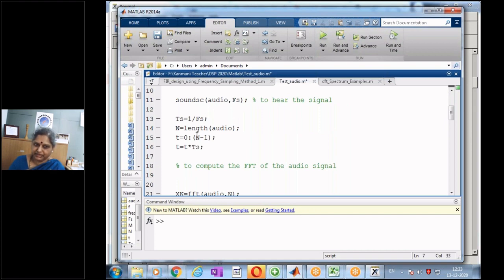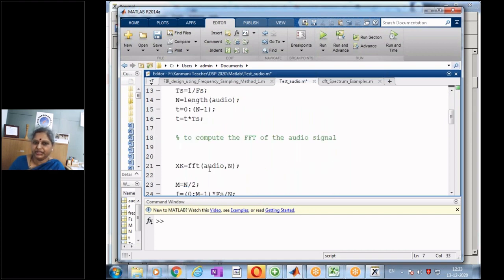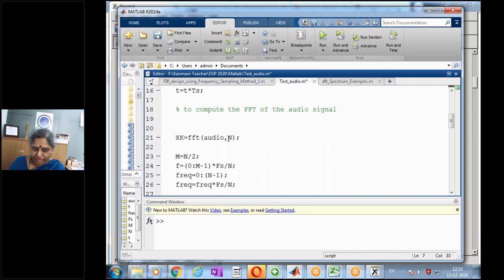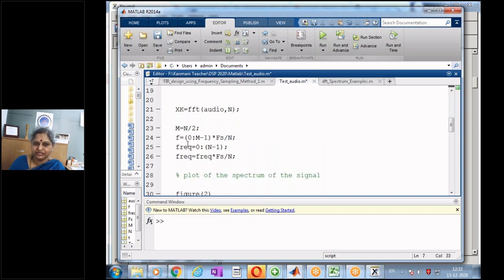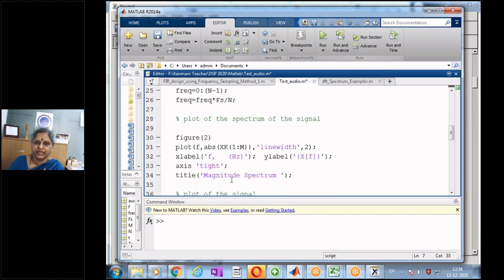Next, I get the length and compute the N-point DFT, of course using the FFT method, because it's going to be efficient. I compute the N-point DFT of the audio file, and then I use this frequency scaling. As mentioned earlier, I'm going to plot the spectrum only for half the length, because only that is of physical significance, and I'm mapping fs over N. Using this frequency scaling, we can convert the N-point DFT to suitable frequency. Now I'm plotting f versus the absolute value of my FFT. Since I've taken only half, I'm plotting it from 1 to f, and we get the magnitude spectrum.